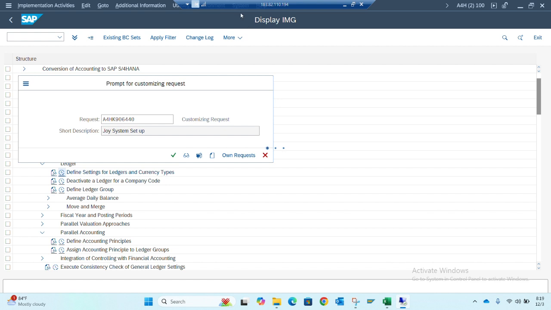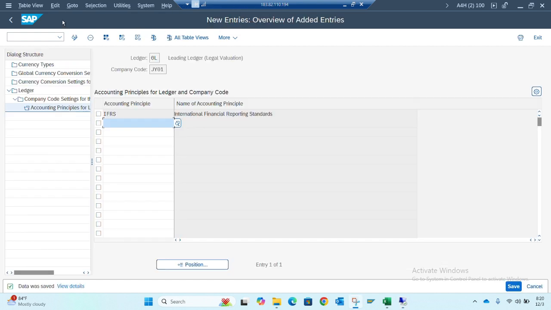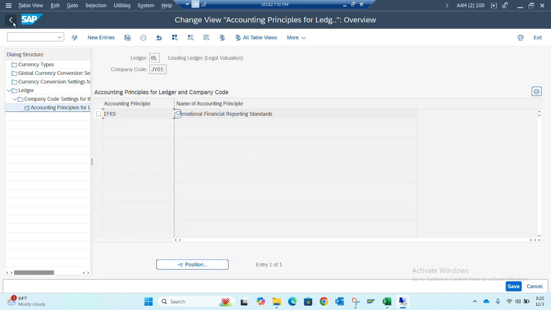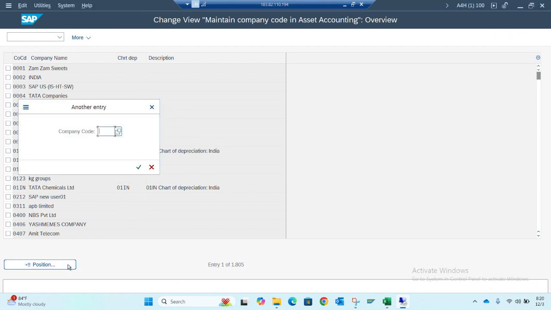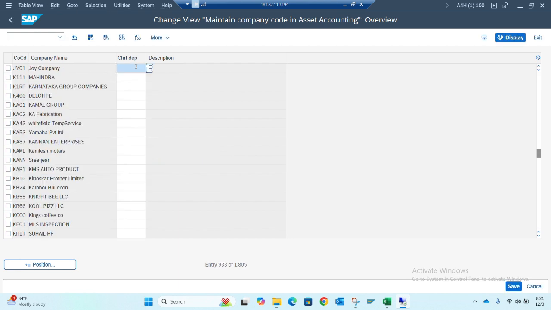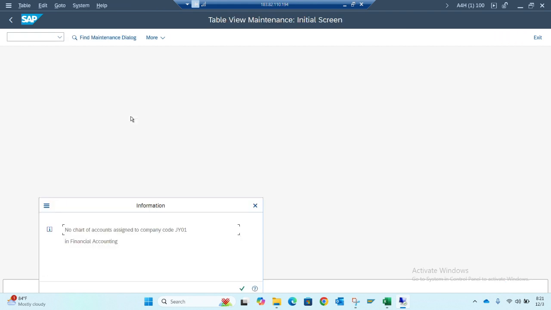The system is becoming slow. So we'll close this, leave this particular screen, and go back now and try to see if we can assign the depreciation and shadow depreciation to our company code. So we'll go again, we'll say JY01. Now we'll press Ctrl+S to save. Oh, it's telling us another error, which is no chart of accounts assigned to company